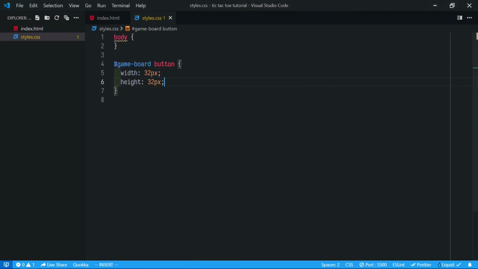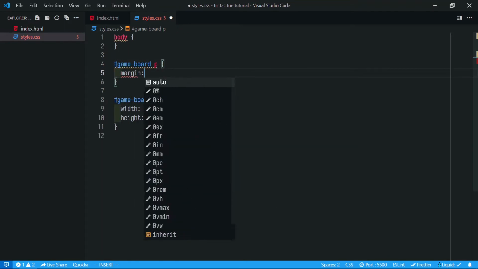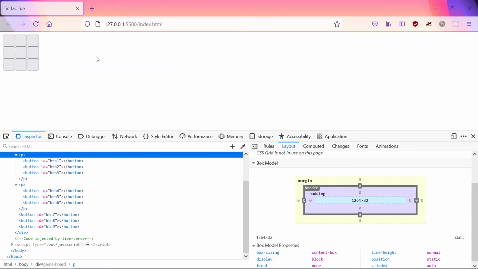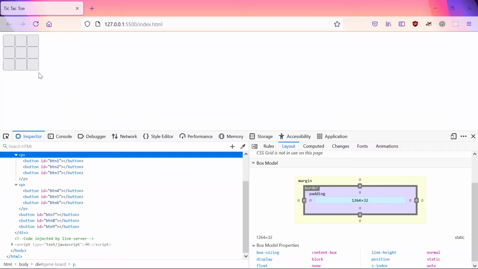So what we can do is we can say game board P margin 0. We don't want the margin, so it will look like this now. That is it, and our layout is looking good now.